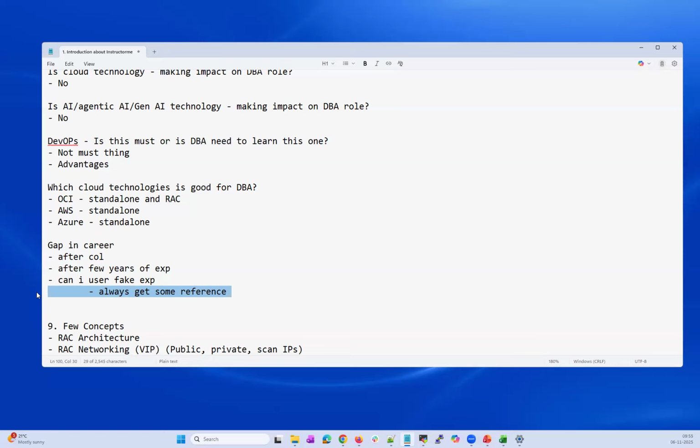Otherwise, you can provide a genuine justification so that you will not be in trouble in the later part of the course. But if you use some fake experience, they will definitely figure it out with the background verification, and then you will be at risk later. They can terminate you on the spot if they identify it's a fake experience.